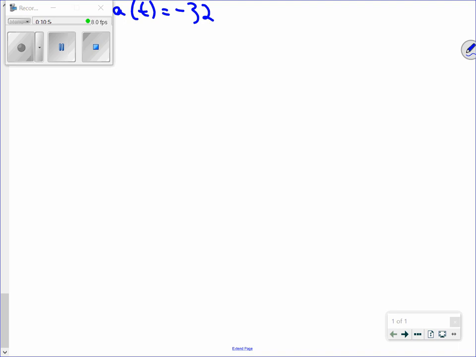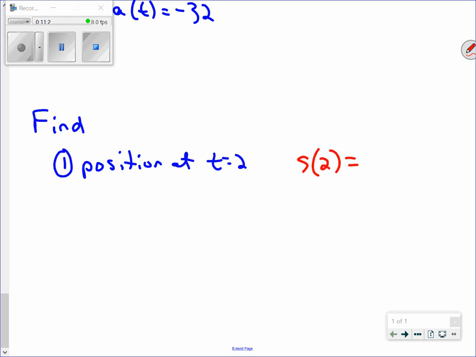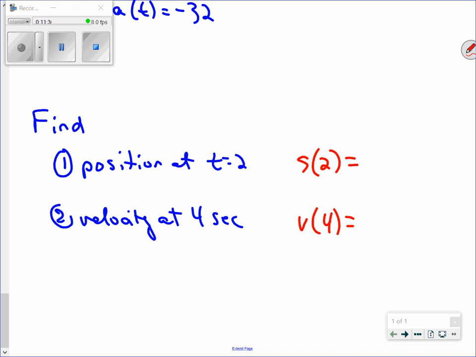All right? So then you're going to be asked to find something. I'm going to actually work with you these, but I'm going to remind you of what they're telling you in the question. So find the position at t equals 2. All right? So if I ask you to find the position at 2 seconds or at t equals 2, then you're going to write on your paper s of 2, and then you're going to find s of 2. Okay? If I ask you to find the velocity at 4 seconds, then you're going to write on your paper, find the velocity at 4,